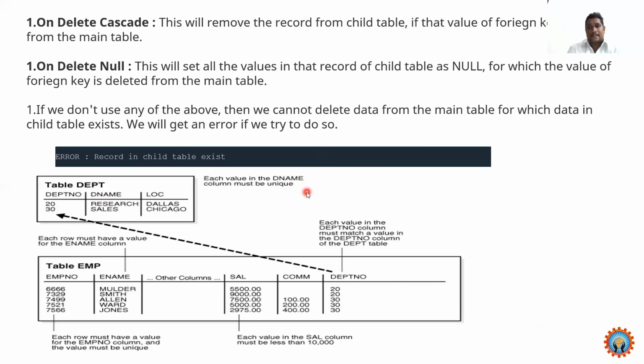So in the next class we will discuss various keys. We have remaining keys also, and we will not use those keys in our lab or practicals, but there are some keys available. That we will discuss in the next class. I hope you understand this concept.